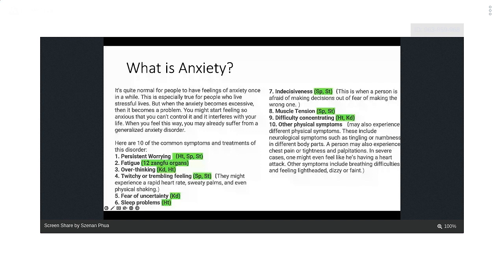So here are 10 of the common symptoms, not treatment, symptoms of this anxiety disorder, okay? Persistent worry. Now, when we go through this, we want to understand what meridian or organs may relate to this symptom, okay? This is my job here to share with you. Persistent worry could be heart, spleen, stomach, right? Any worry for me is stomach and spleen, but a lot of the time worry leads to anxiety and patients